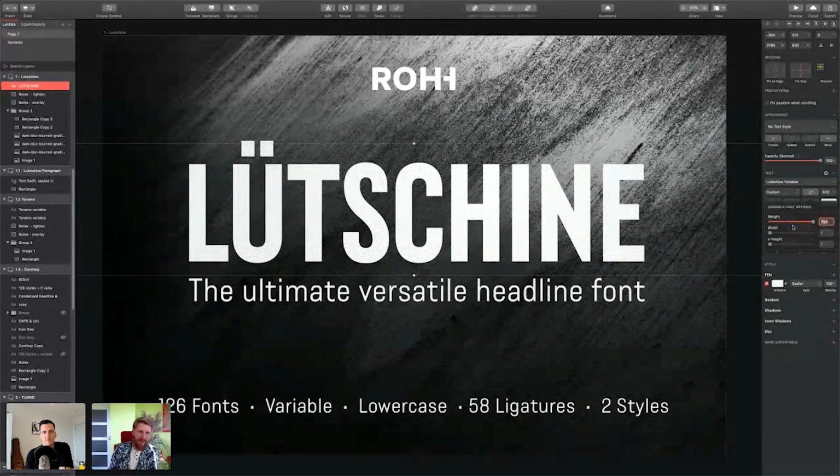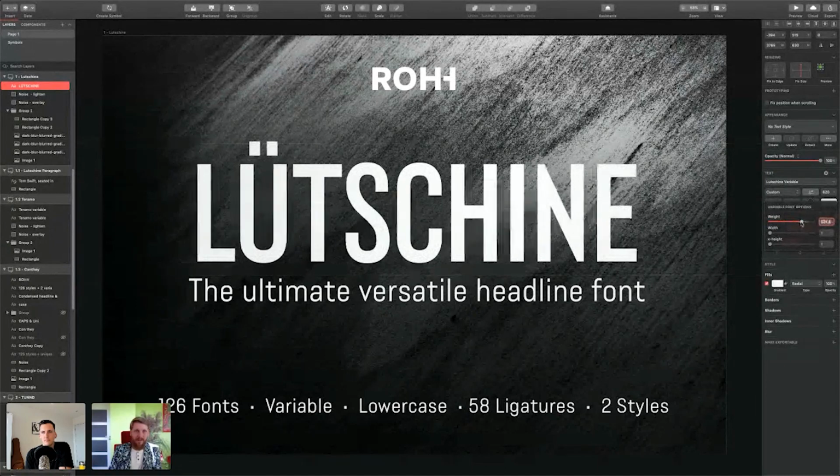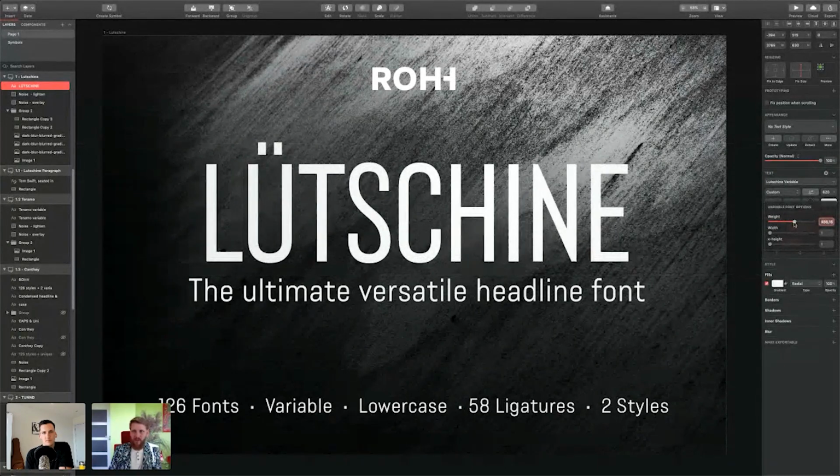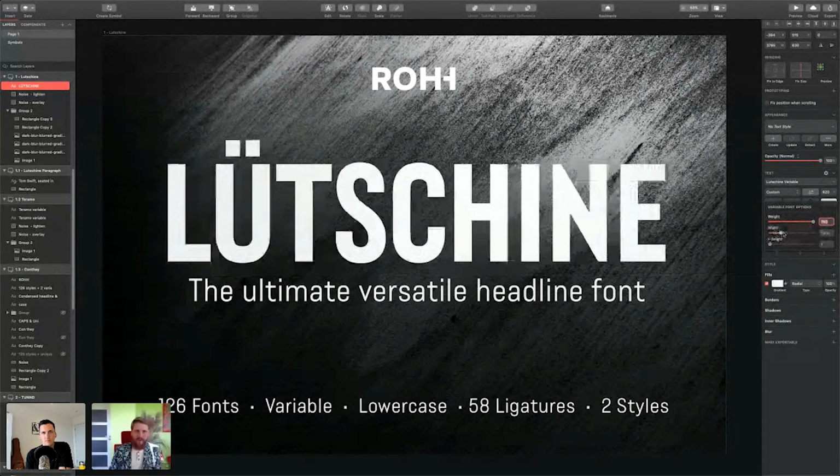So usually we have 1 or 2 axes, because these elements that you can adjust by sliders are called axes. Usually you have 1 or 2 axes in a variable font, because it starts to get really, really complex later on. But here you can adjust the weight, as I show you, but you can also adjust the width of the font. And this is really great, because